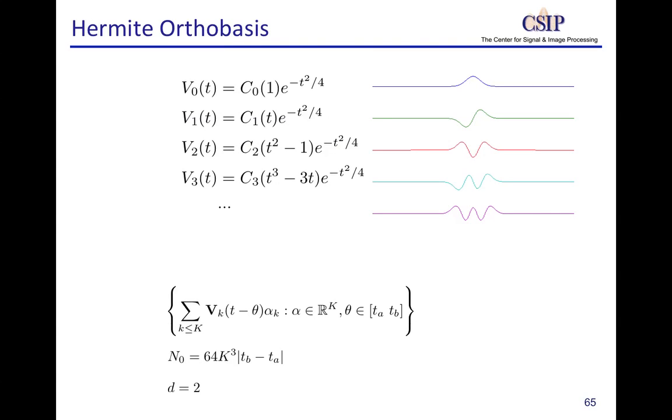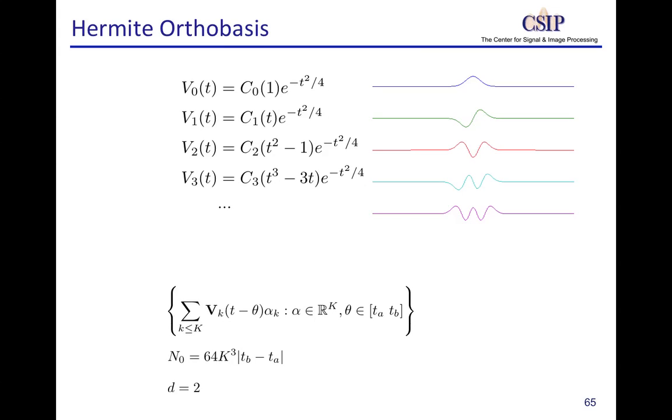Okay, now let's talk about some specific sets of orthobases that obey these properties. So one is the Hermite orthobasis. The Hermite orthobasis is basically a Gaussian function that is being modulated by polynomials of higher and higher order. So the first polynomial is 1, and then t squared minus 1, and then t cubed minus 3t, and so on and so forth. So v4 is a fourth order polynomial. These c's are just arbitrary constants that are used to normalize these functions, basically. But it turns out these functions are all orthogonal to each other,